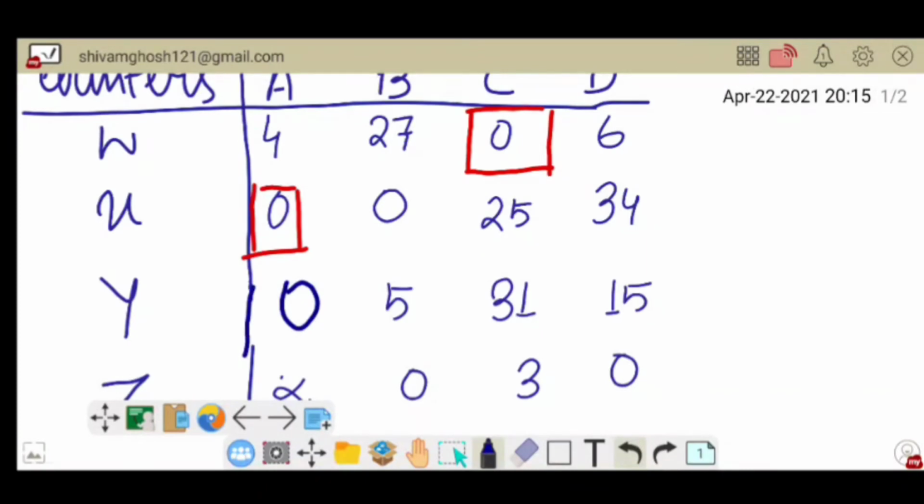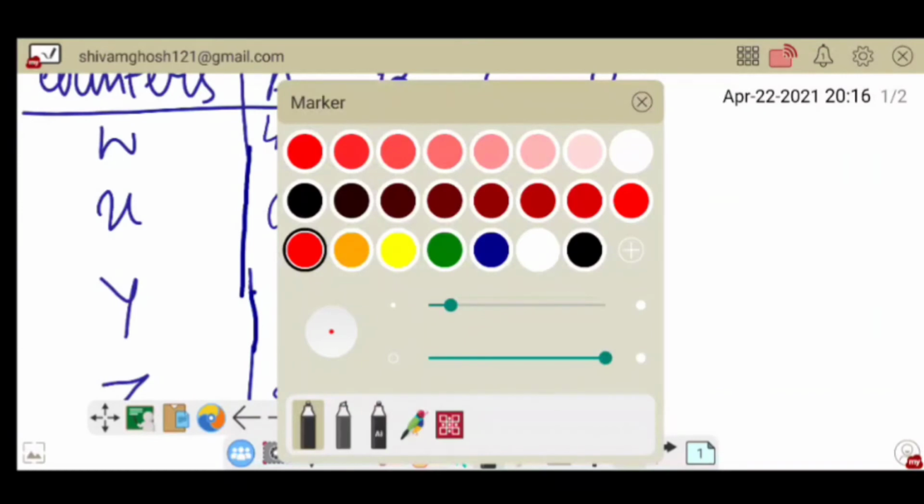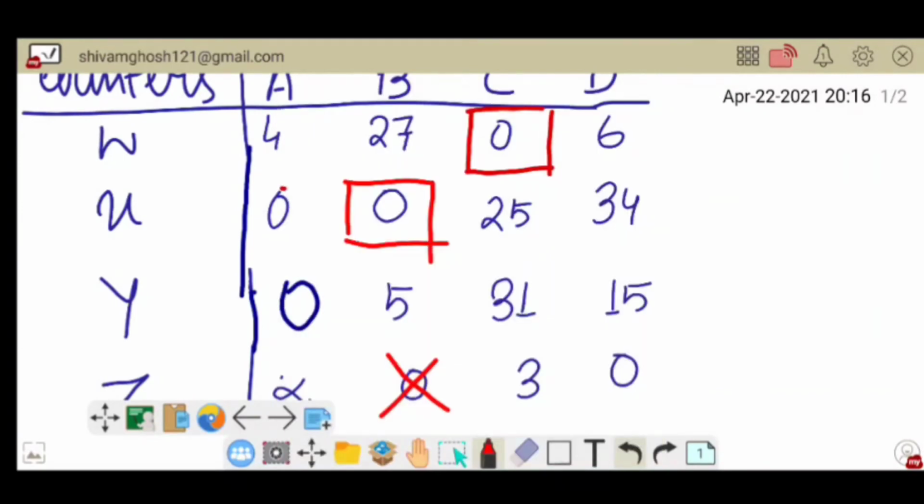If we allow this 0, then we have to delete that other 0. If we delete that 0, there will be no problem, because in that row we have another 0 that we can select, so there will be no problem.